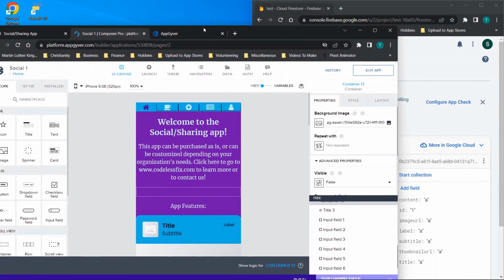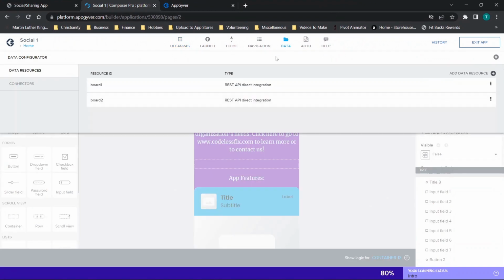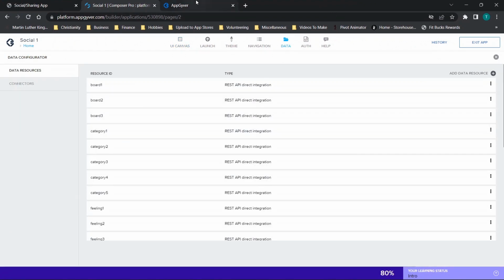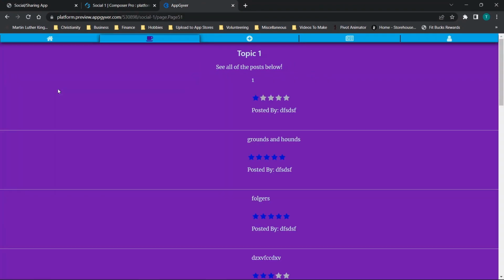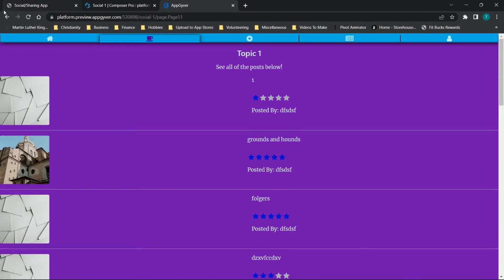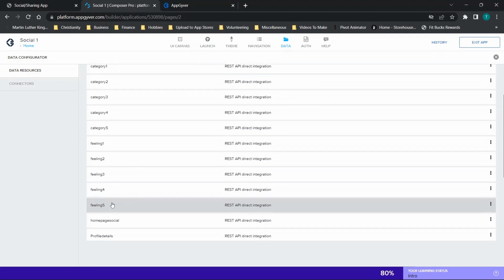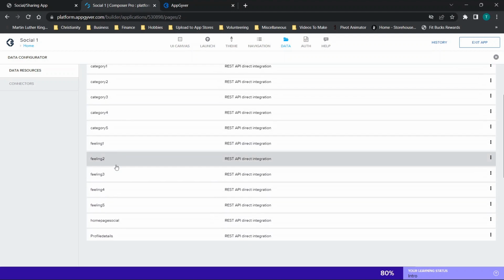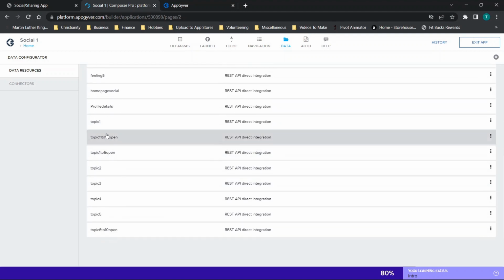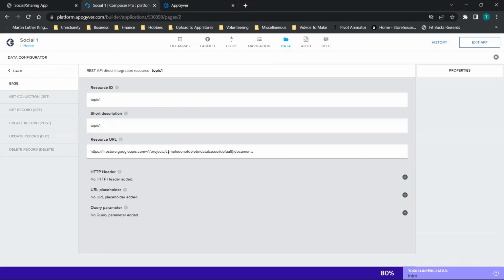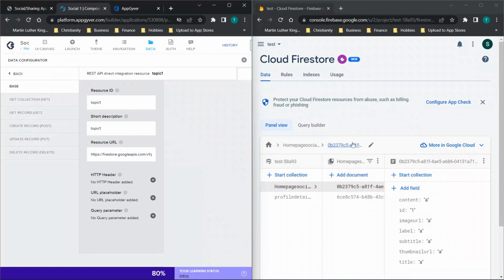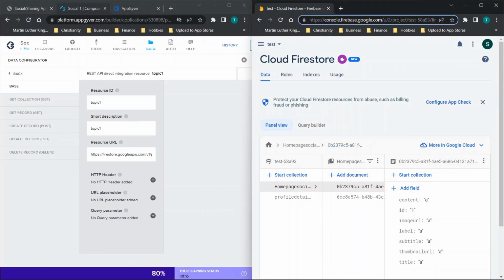And here's how you work through troubleshooting. Anytime you're making changes in the app, for example, in this case, we know it's the data. We know, okay, topic 1 should be empty and it's not. How do we fix this? Go to your data section, go to topic 1, so you're looking through, and you'll see topic 1 here, and we have the incorrect project ID. So, as we know, all we have to do is go grab that project ID from where we have it stored,